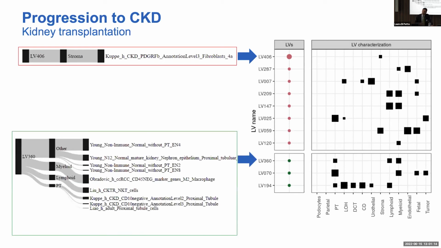But then we also saw that in the patients not having fibrosis, we have this association with different cell types, including,